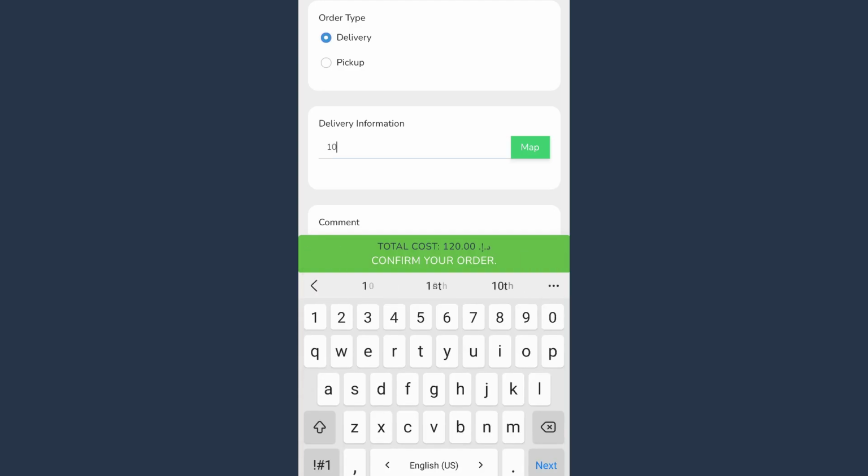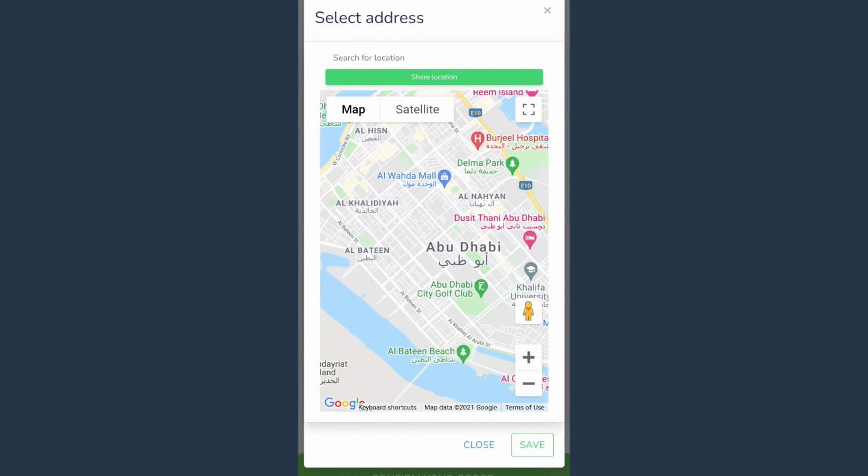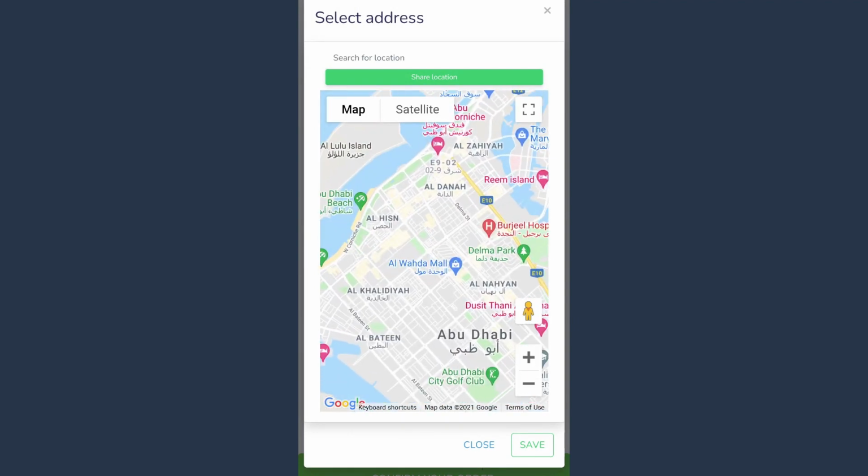Now I can physically put my address, or I have a choice which is really good, that I can give my location. I can give my location here straight away.